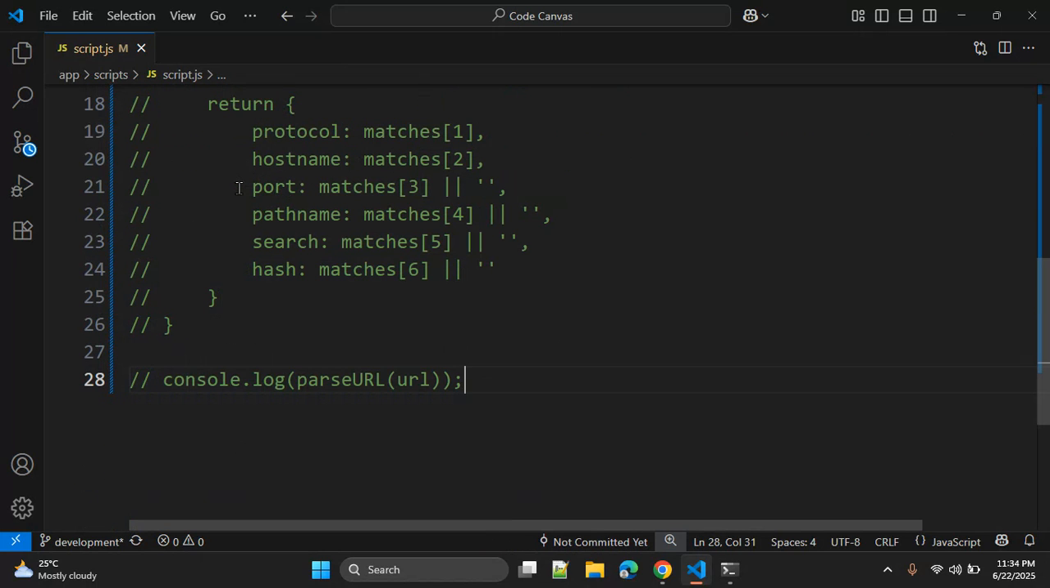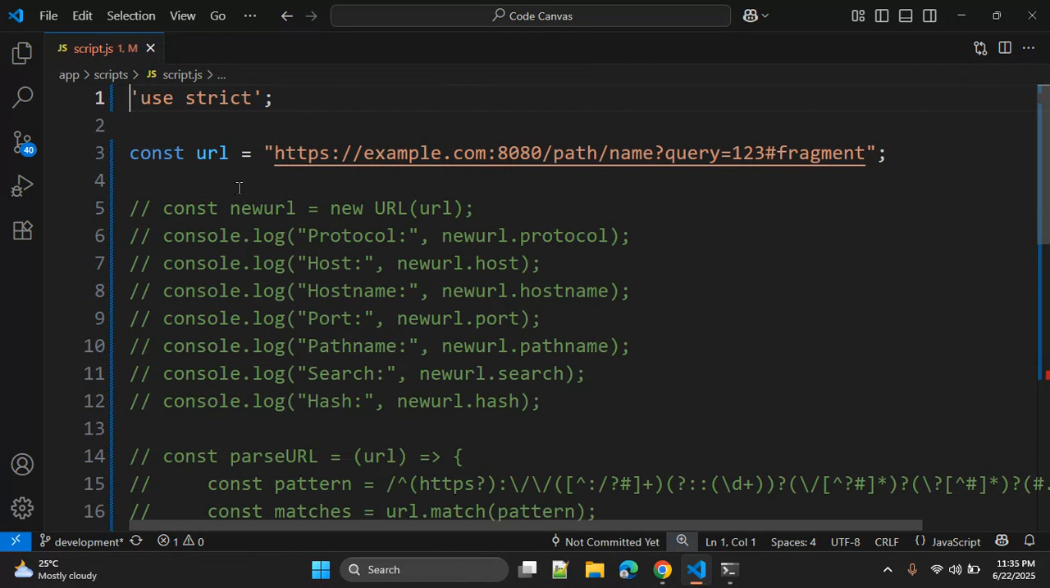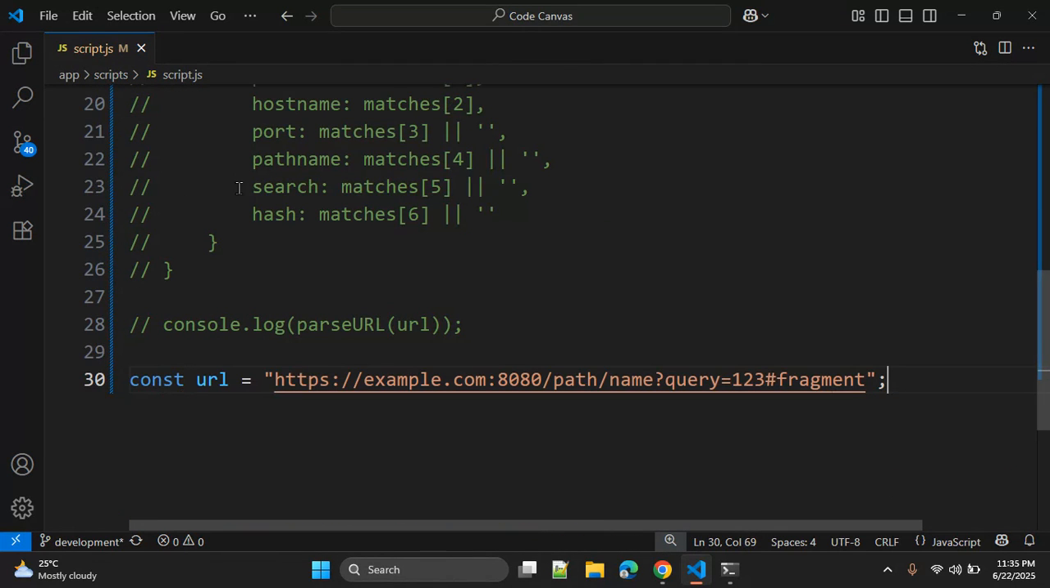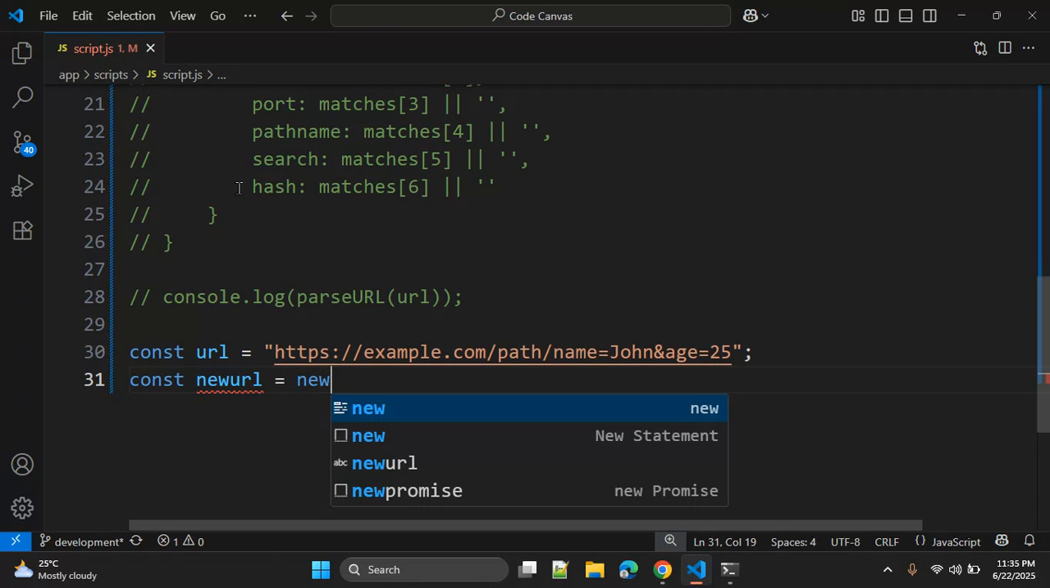The third method is extracting query parameters. Let me create another URL out of this. Let me comment this out, and add a constant with example.com. Here let me remove this port number. The pathname is equal to something, so let me add here name equals John and age equals 25. Now what you can do is const newURL is equal to new